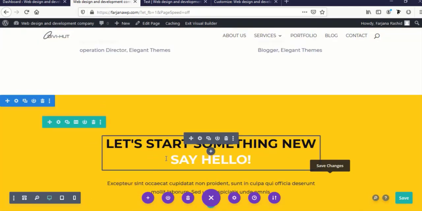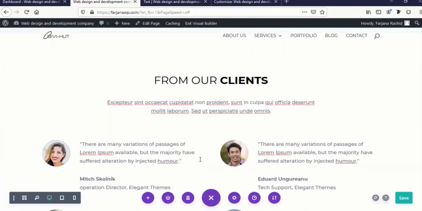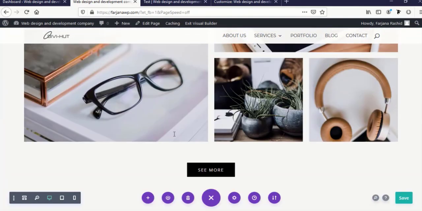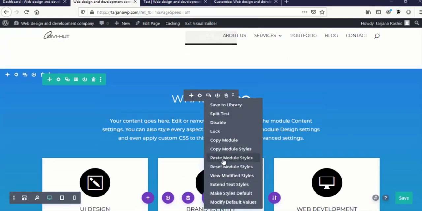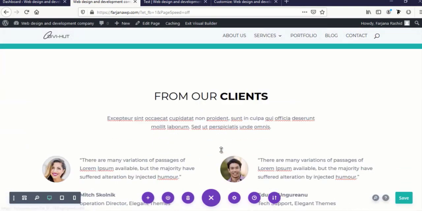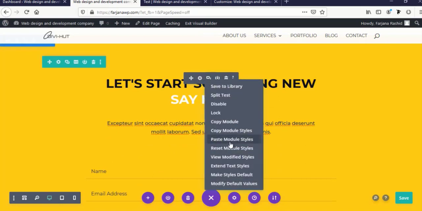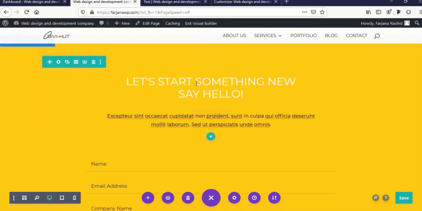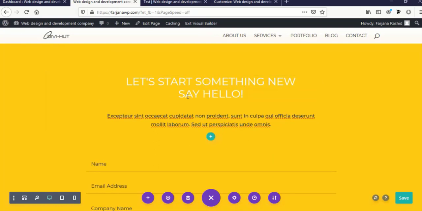And last, here our contact area. So in a similar way I'm just copying this text style from our title, copy module style, and use it here, paste module style. Okay, so now I'm just making it bold,